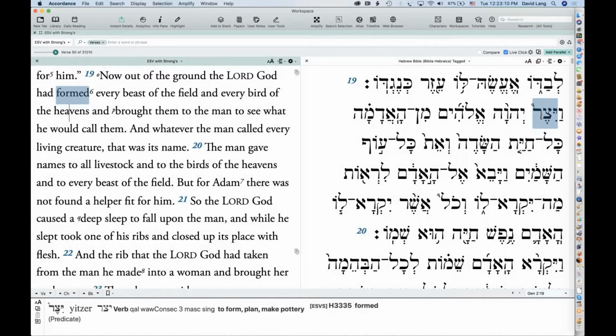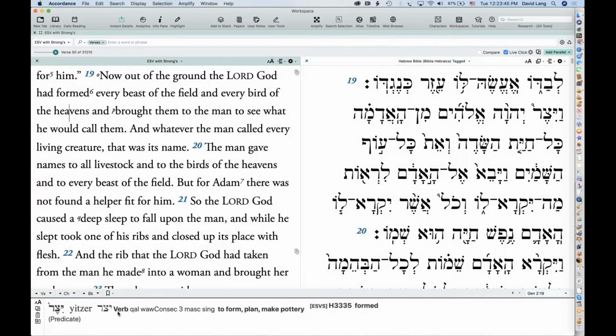So look down in the instant details here, and I was hovering over yatzar here, formed, and you get the inflected form of the word, so the word as it appears in the text, which is yitzer, and you get the transliteration of that. Then you get the lexical form, yatzar, that's the dictionary form of the word. So if I were to triple click that word, that's what would be found in Halat. And then you get the full parsing information.